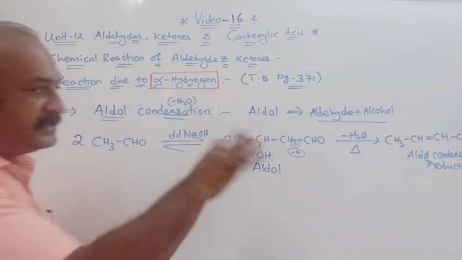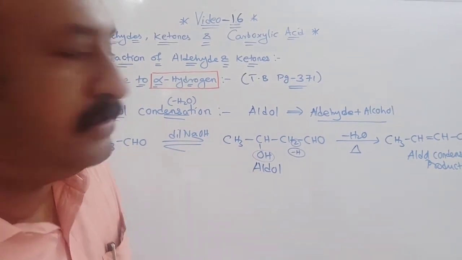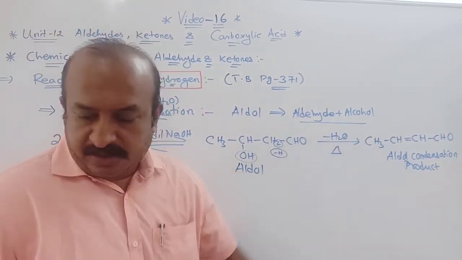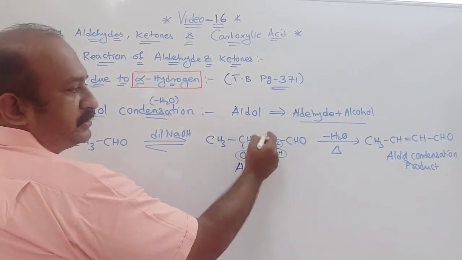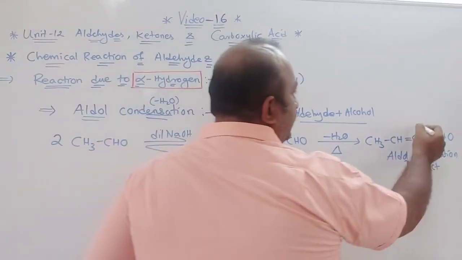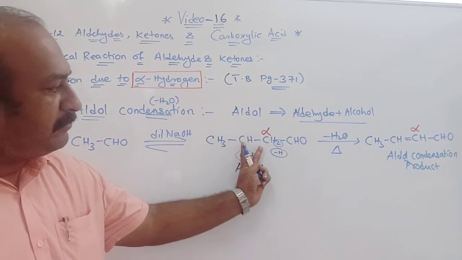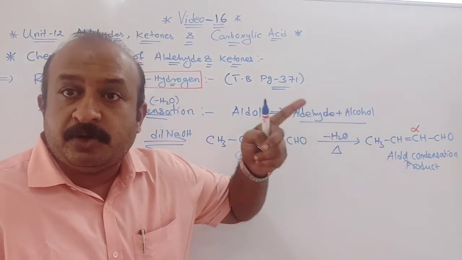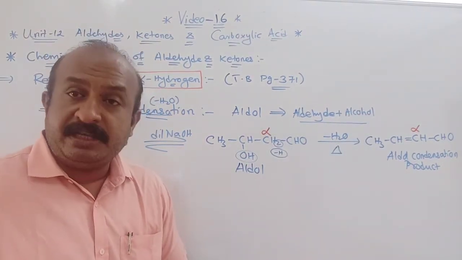Now in your book it is directly given like this, but there is one very simple technique. Okay, now you can see, this one is your aldol condensation product. Now when you see here, from here hydrogen is removed, so this one is your alpha carbon, the carbon from where the hydrogen is removed. And between two carbons, you will see there is a formation of a double bond, which we saw in the mechanism of enolate ion formation. Understood?